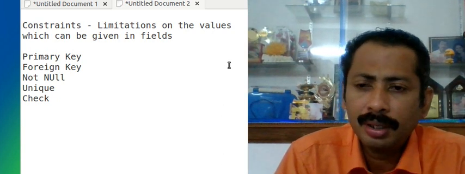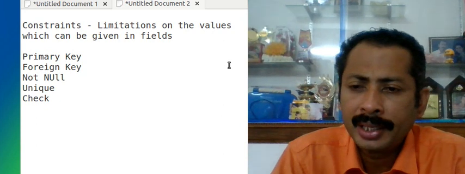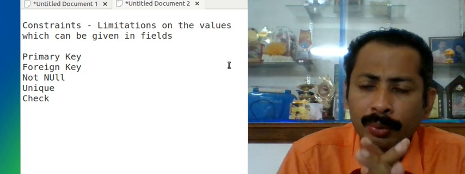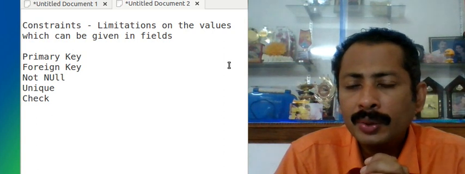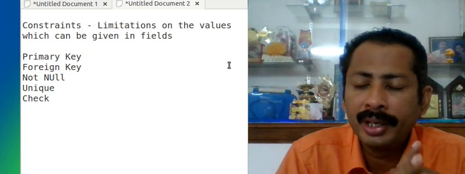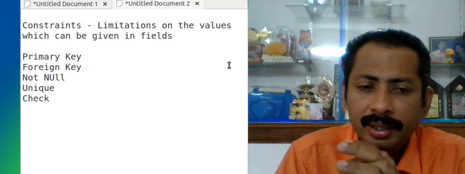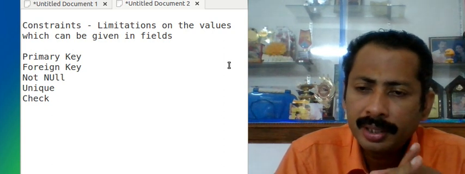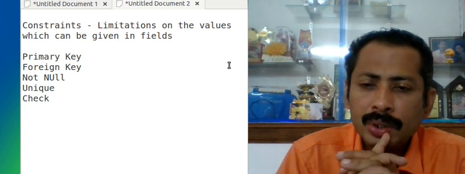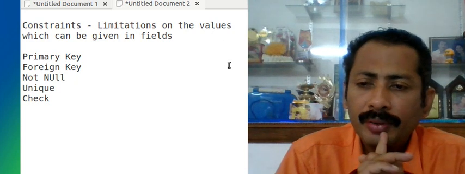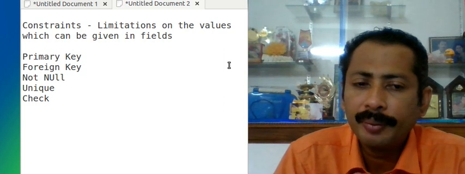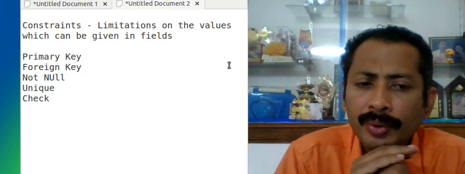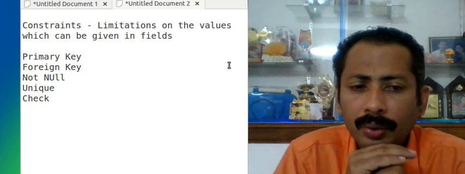If I am stating that that field should be unique, it means that there should not be any duplicate values while inserting records in that field. Also, primary key is similar. Primary key is chosen by the programmer from the set of unique keys. So, primary key is used for uniquely identifying a record.